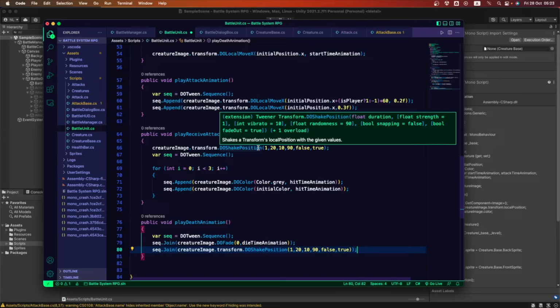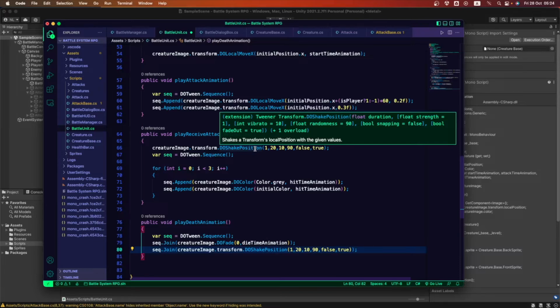It asks also for a vibrato value, which is also part of the shake. It adds a random value. As you can see, float randomness, I'm going to set it to 90, which is the default. It adds a snapping, I'm going to set it to false, and also it asks for a fade out.